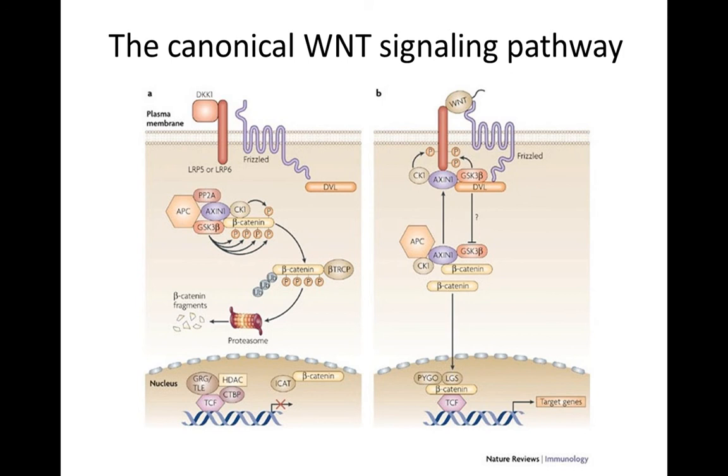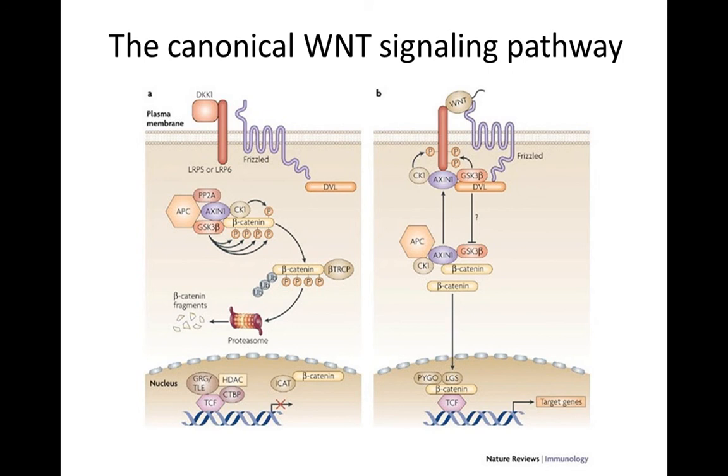And there's just two particular proteins I want you to focus on. One is called DKK1, and the other is the Wnt itself. So the DKK1 is the factor that turns the pathway off, and the Wnt is the signal that turns the pathway on. When the pathway's off, this receptor here is not signaling, and this protein complex that's called the beta-catenin destruction complex gets formed, and when it gets formed, this beta-catenin molecule goes to the proteasome and it gets cut up in pieces, and so beta-catenin levels in the cell stay very, very low.